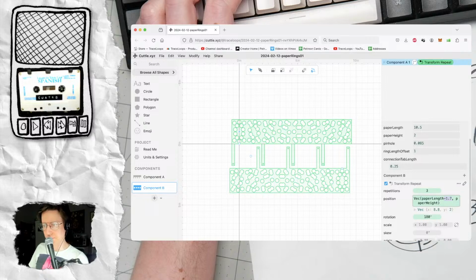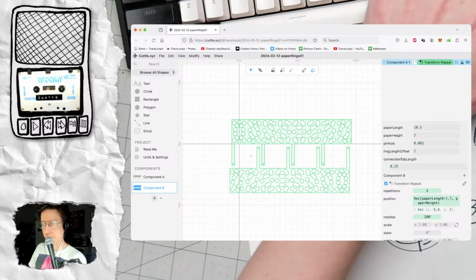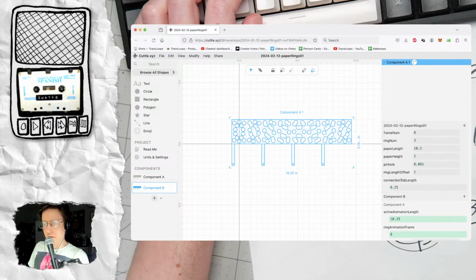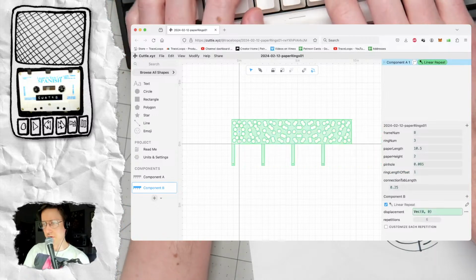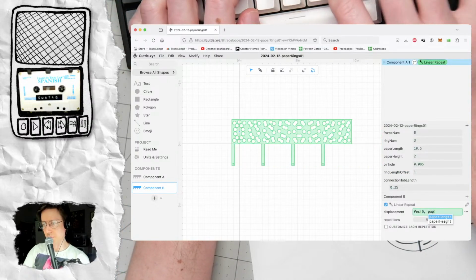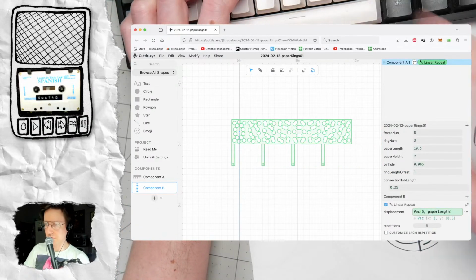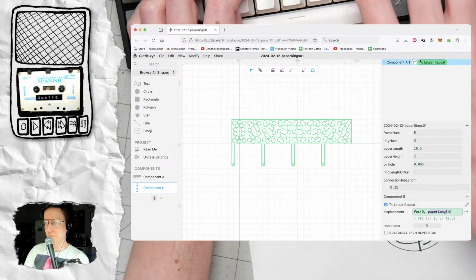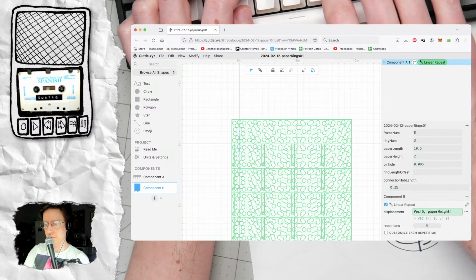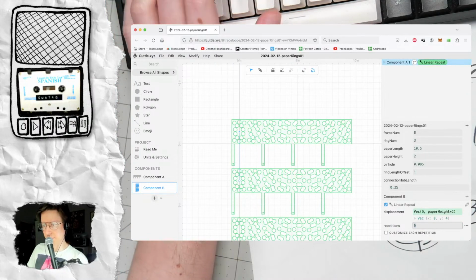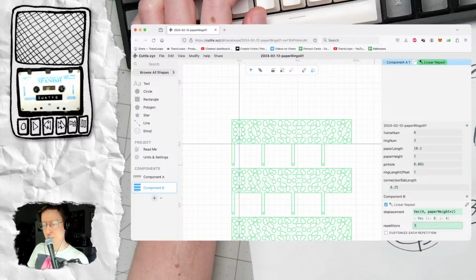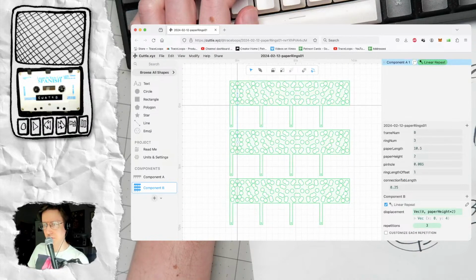Let's get rid of this transform repeat. I'm just gonna do a linear repeat and make this be paper height is 2, and the rep number will be 3. And now customize each rep,